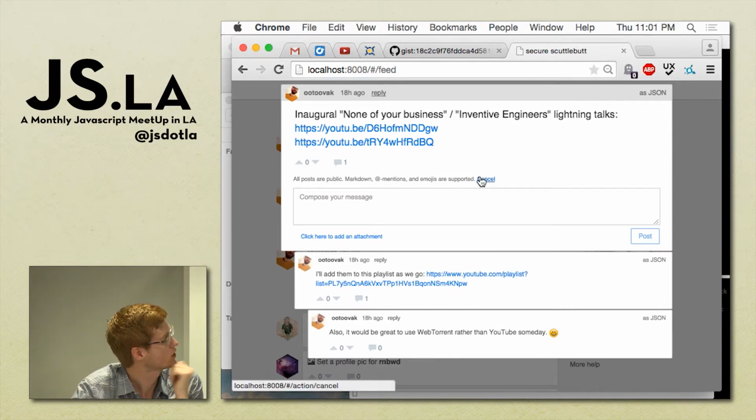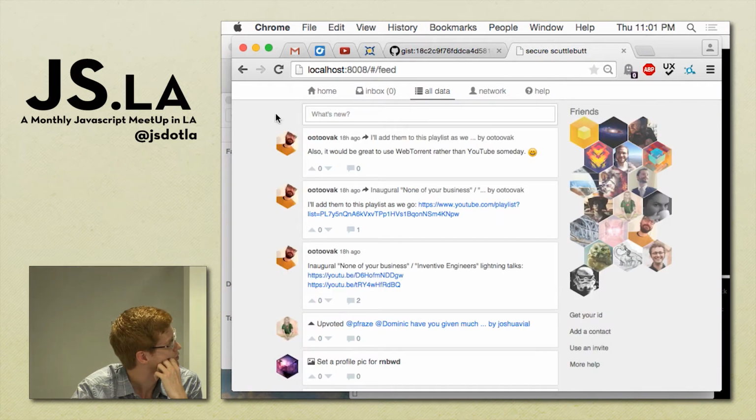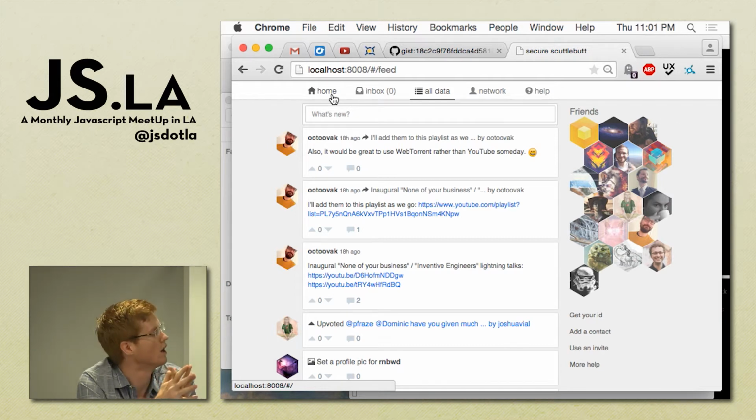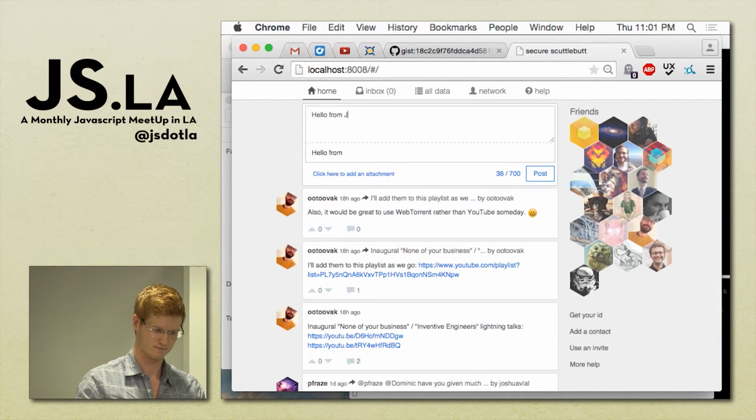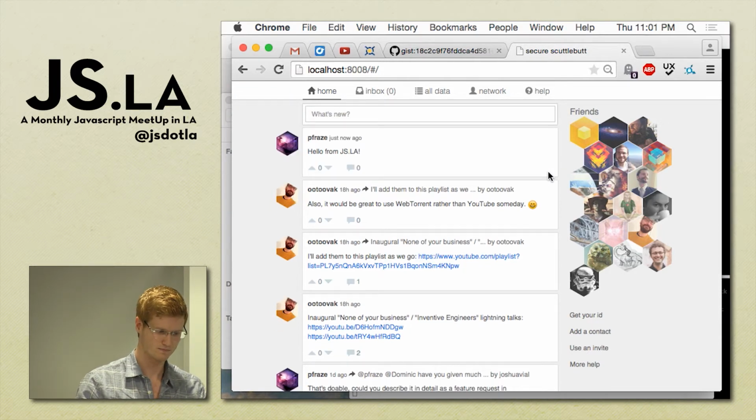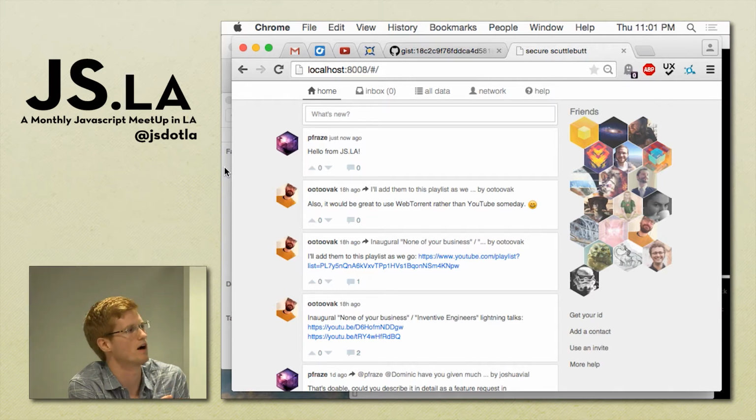Now, I actually don't have my Wi-Fi on right now. So this application is being hosted locally and using my local copy of the Scuttlebutt database. So that illustrates that you're using a local service, so network connectivity is not necessarily required to use the network. If I were to make a post now, why don't I go ahead and do that? That now exists on my local device, and as soon as I get network connectivity again, I'll synchronize with everybody, and they'll receive this new message.